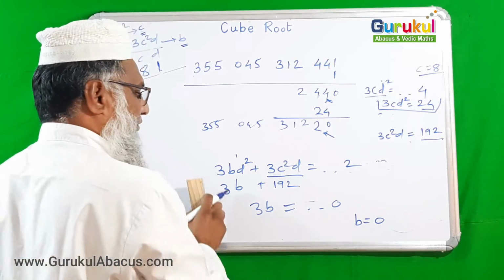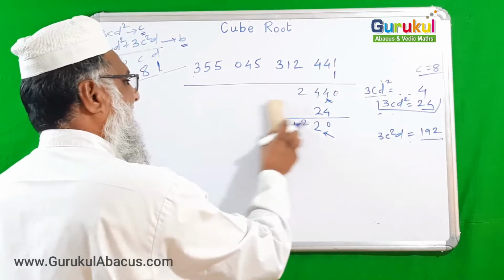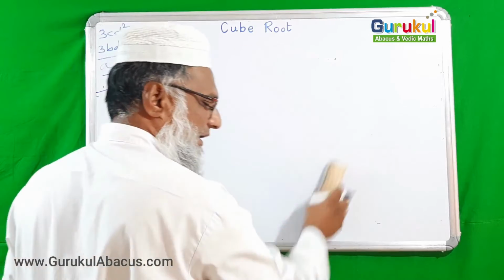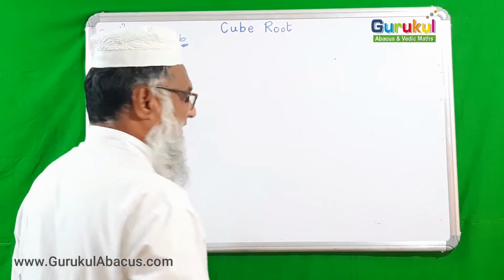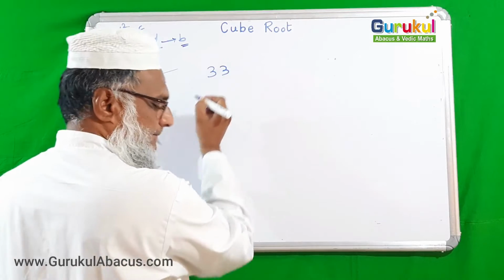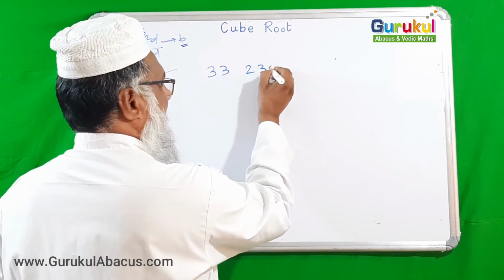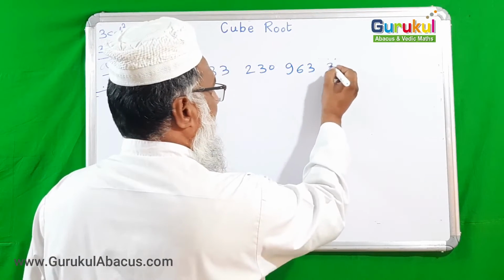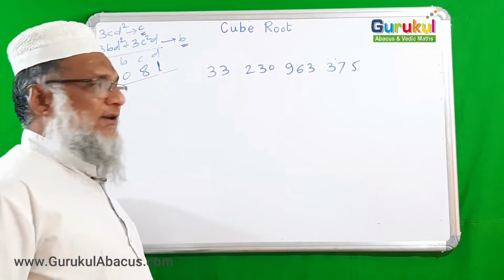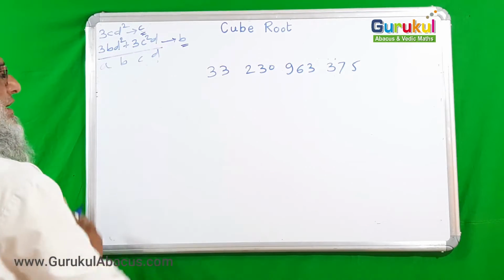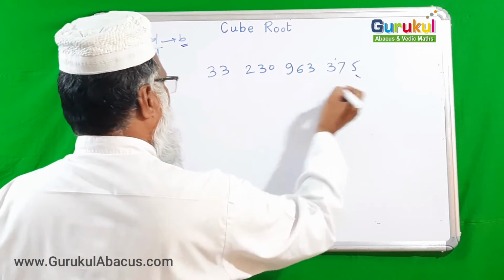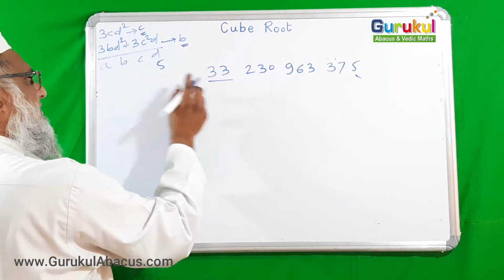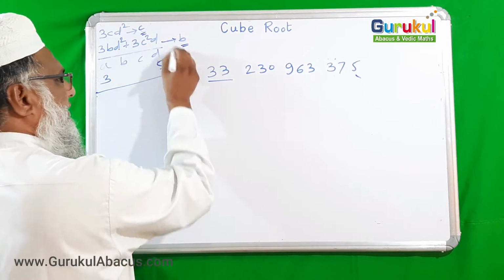Okay. Now next example we are taking, and there a little bit more understanding would come through that example. Now I am taking this example. Okay, I wrote the example. Now we can easily find A and D. Our D would be 5. Our A would be from the nearer cube number 27. It means our A would be 3.